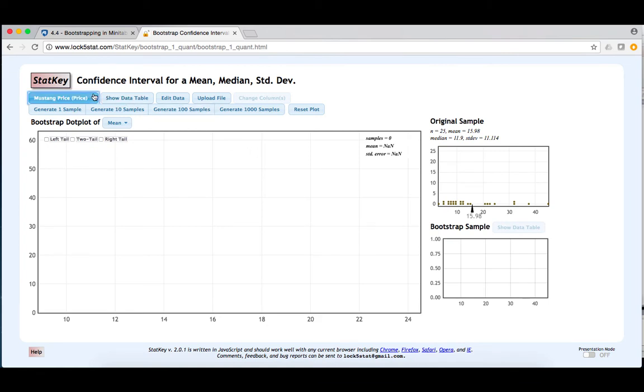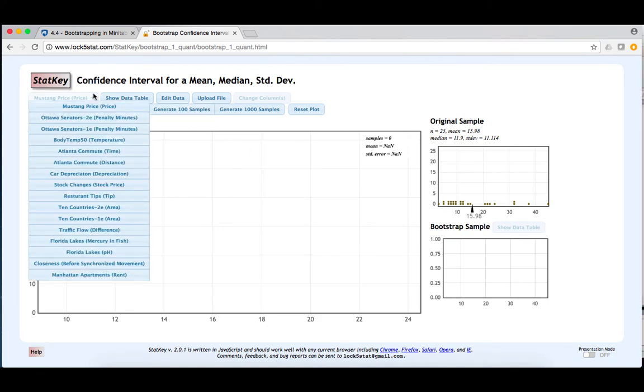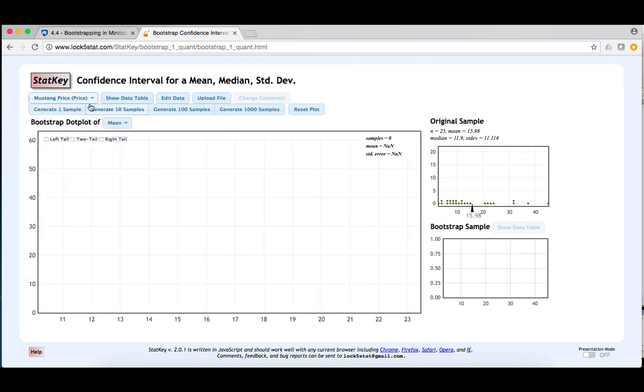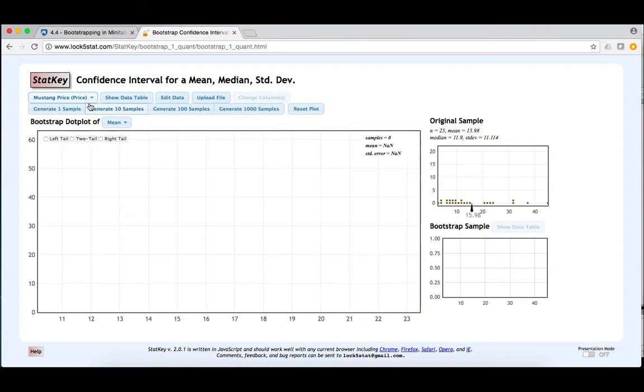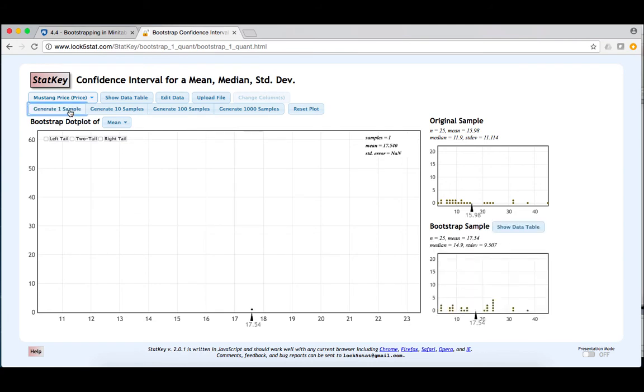We'll use the first built-in data set here, Mustang prices. On the upper right, we can see our original sample. Our sample size is n equals 25, and our original sample mean is 15.98. If I generate one bootstrap sample, I think it's easier to demonstrate with a quantitative variable how the resampling with